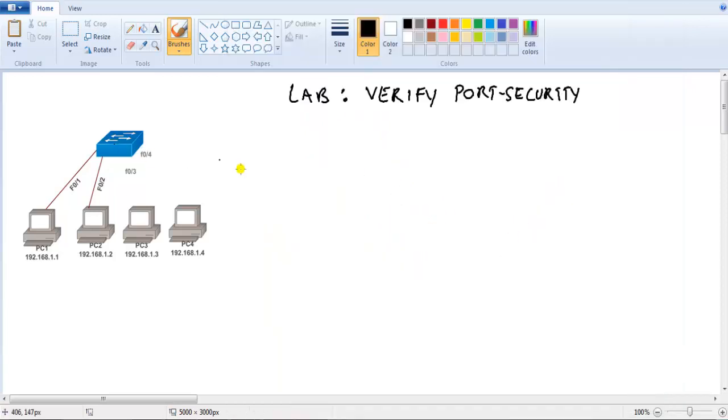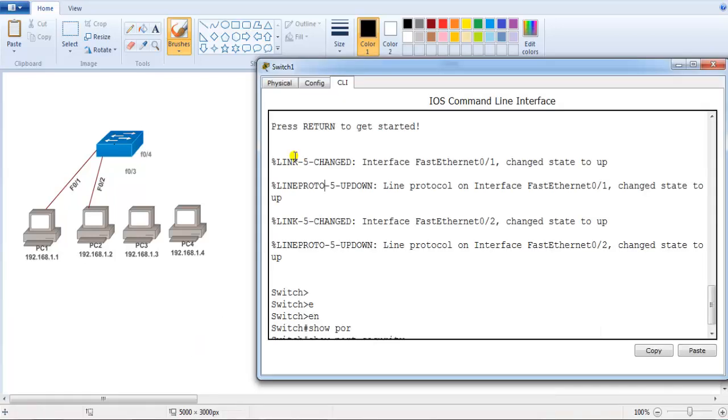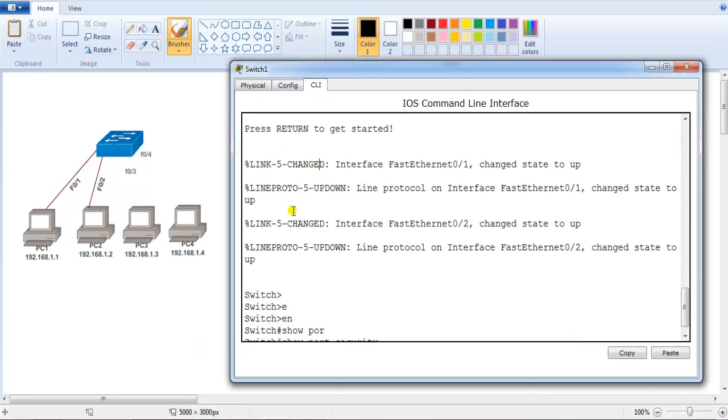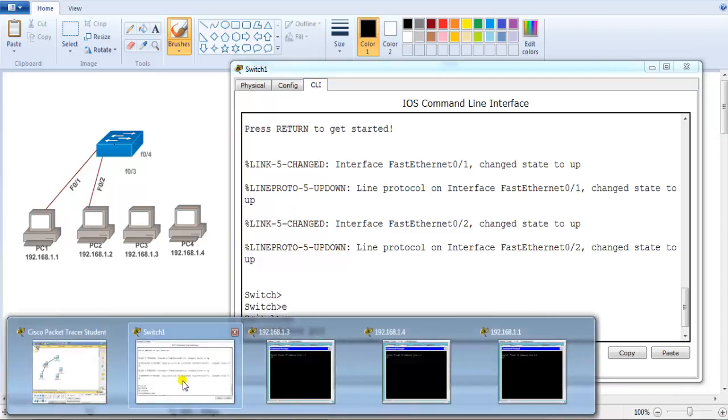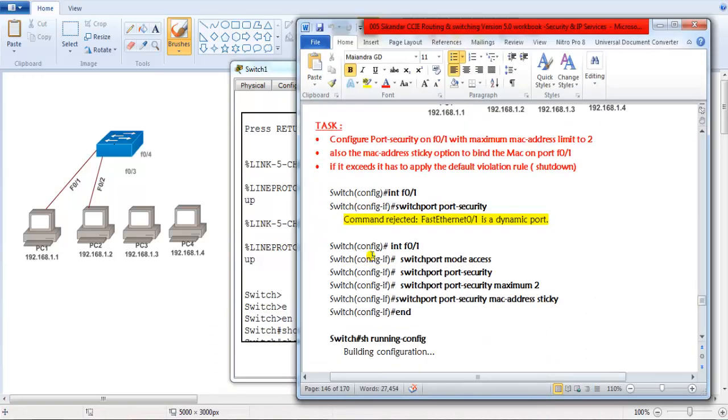Now the first thing, I'm going to the switch command line. On the switch command line, I'm going to configure the port security options. If you remember the port security commands we have seen previously, the first command, we need to enable port security. Now remember, port security can be enabled only on static ports, which means it has to be either access or trunk.